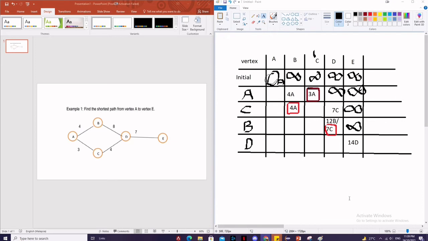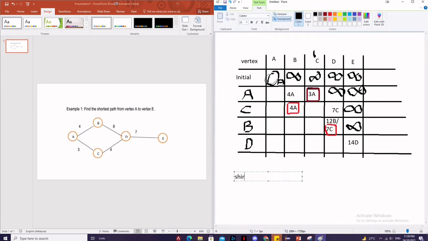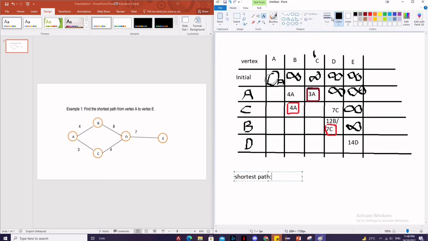So we already finished our calculation. So we will write the shortest path. We must calculate it backwards. We calculate it from E. So E is from D. Sorry, it's from E. So starting from E,